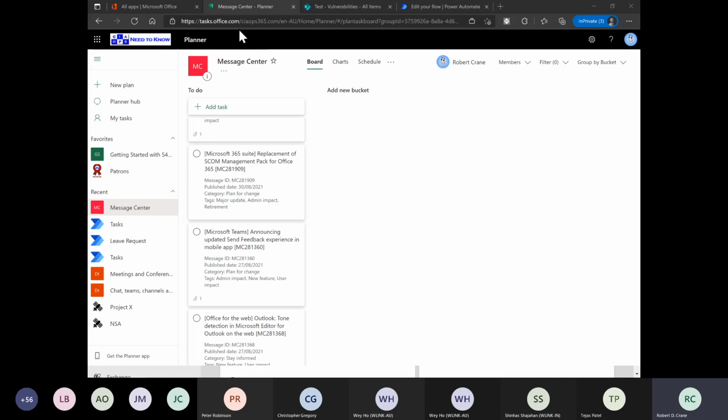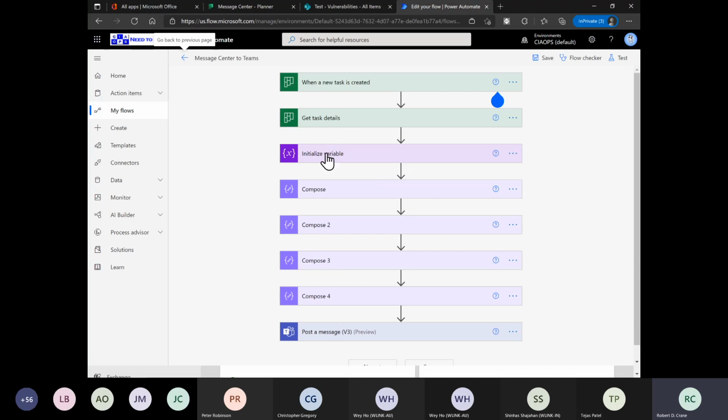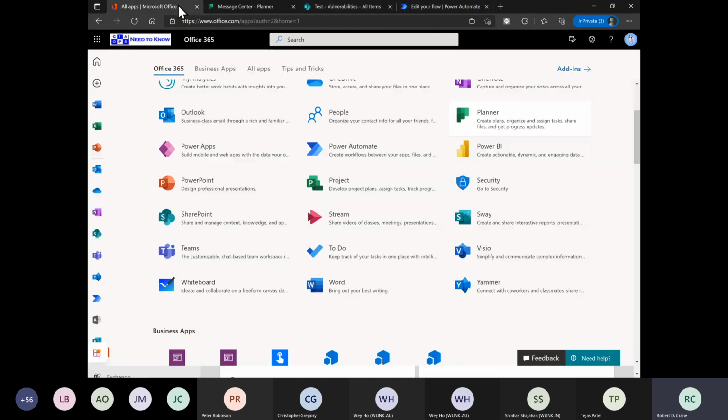Okay, so if you have a look at the flow that I set up, once it ends up in Planner, then it does a few little jiggery pokeries to tidy up how it appears, and then it will post it into Teams. So that's what it's going to do down here. So if we go and have a look at Teams,